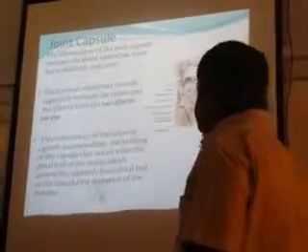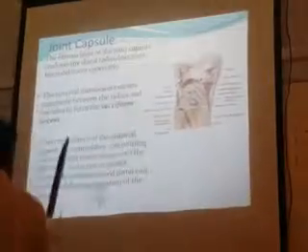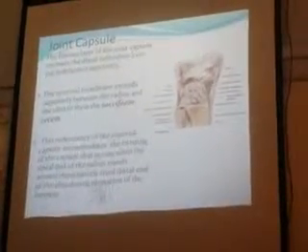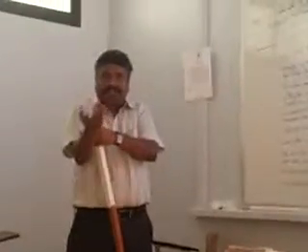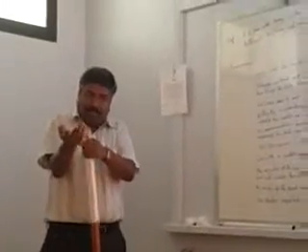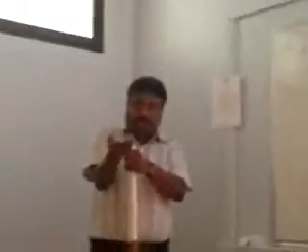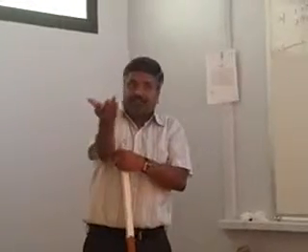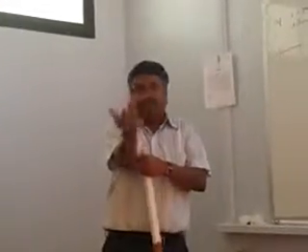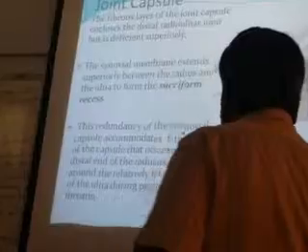Those were sacciforms. As I said, this redundancy in the synovial capsule on the superior side accommodates twisting of the capsule, especially during the rotation of the radius over the ulna in pronation and supination movements. If the capsule were there on the superior side, rotation would have been difficult. So to avoid that, there is an absence of the capsule on the superior side, helping to form the sacciform recess.